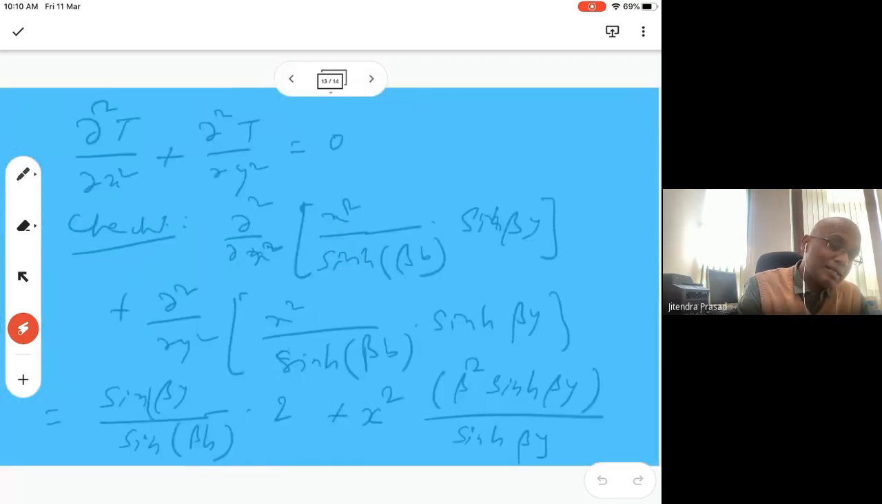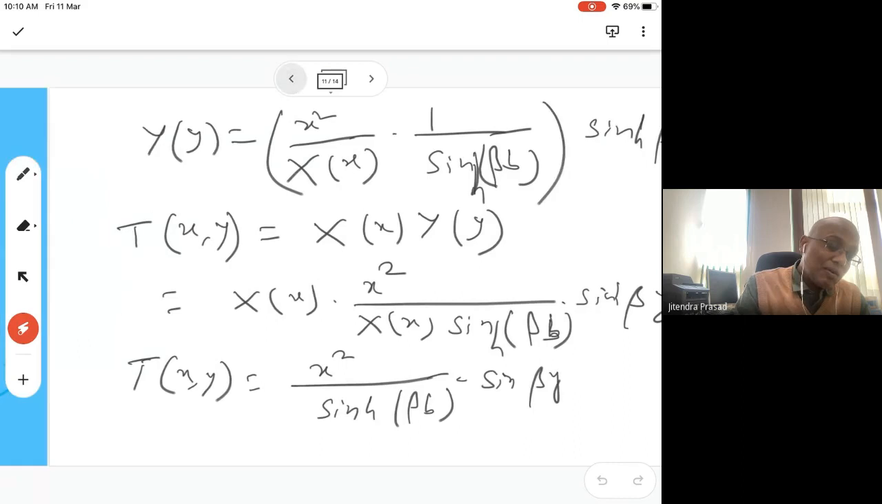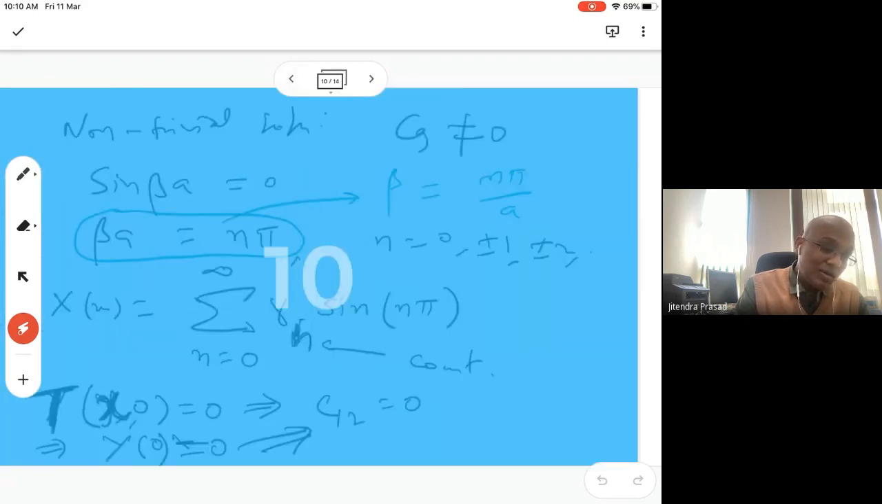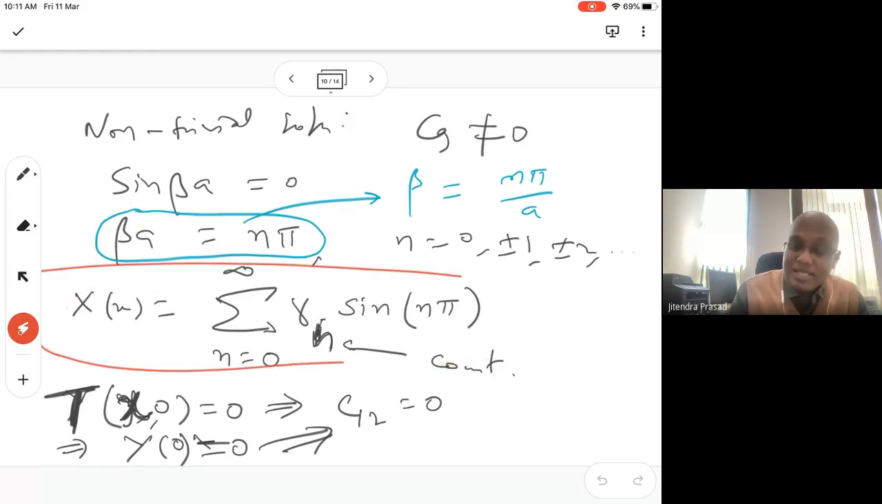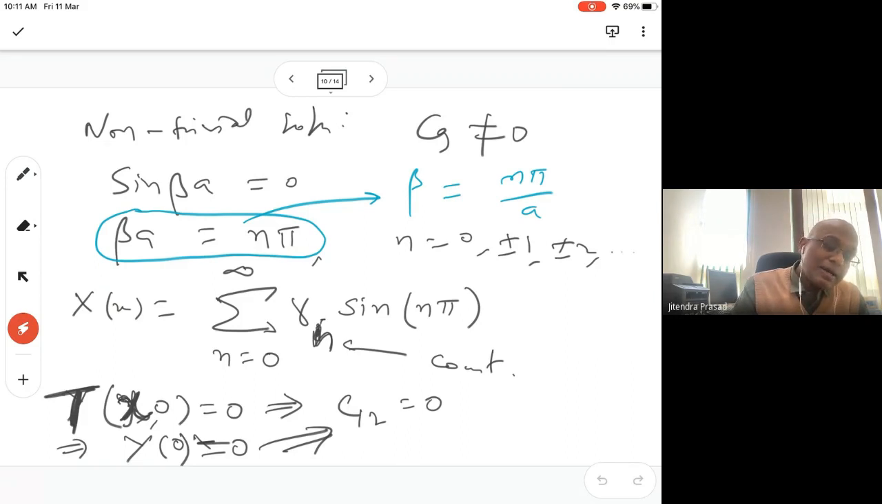Now, in general, as we said right here, there may be a lot of possibilities. So these are the possibilities, right? We can write it like that. And we know that any function can be written as a Fourier series, and even x square can be given by a Fourier series. But the only thing is, once